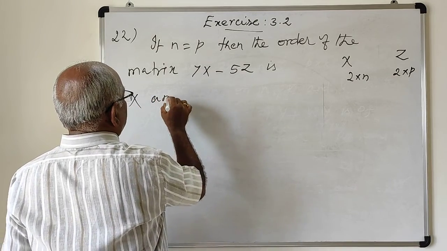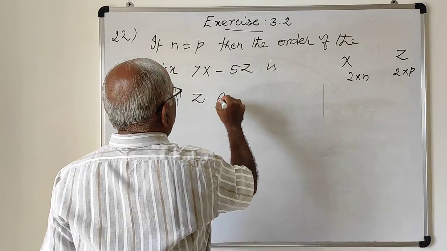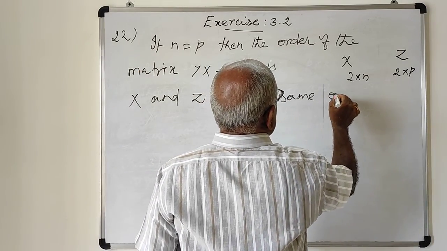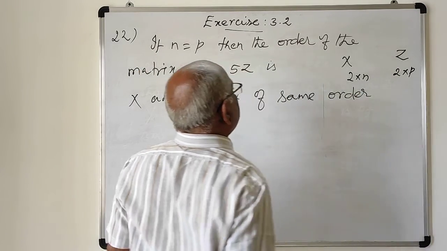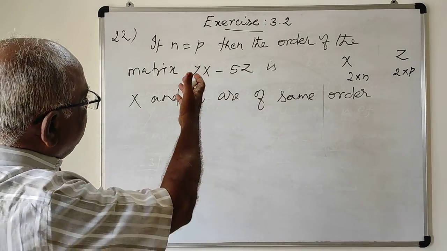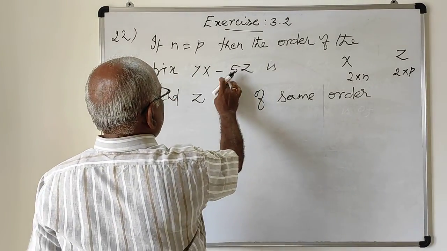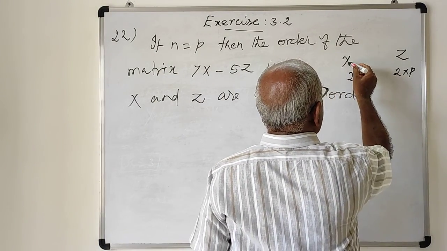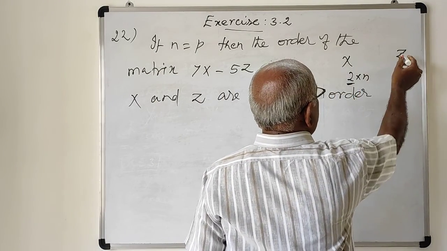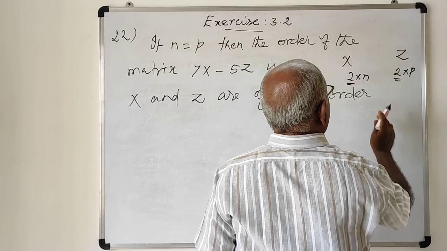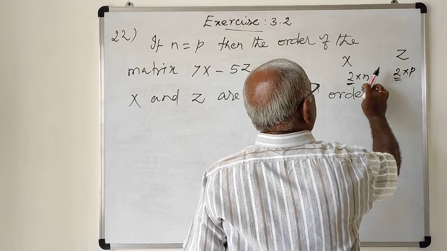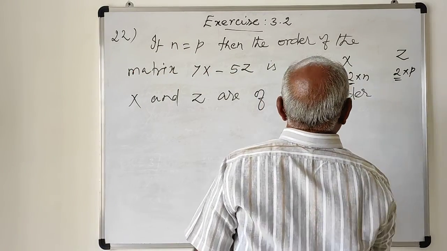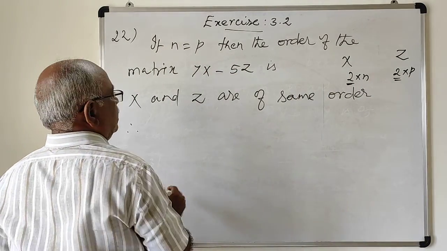If X and Z are of the same order, then only the sum or difference 7X minus 5Z is possible. See, the number of rows of X is 2 and the number of rows of Z is also 2. And n equal to p is given, therefore the option is